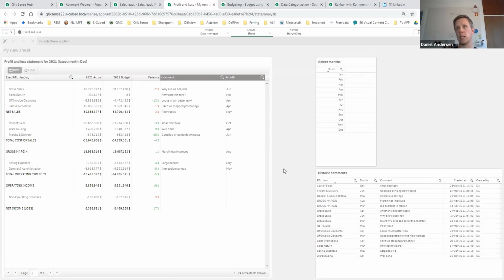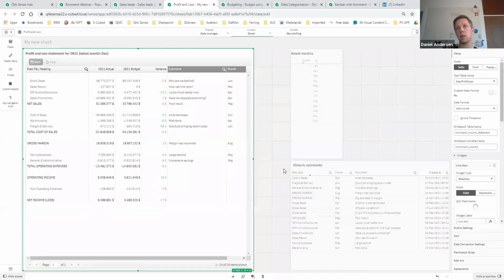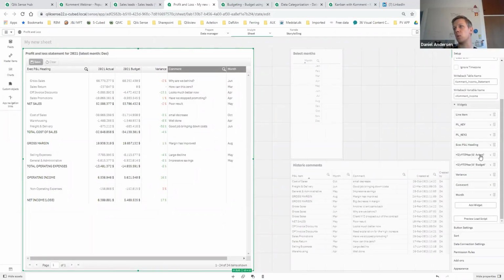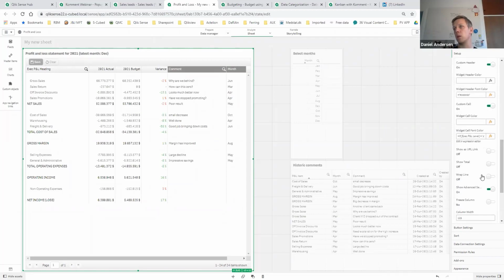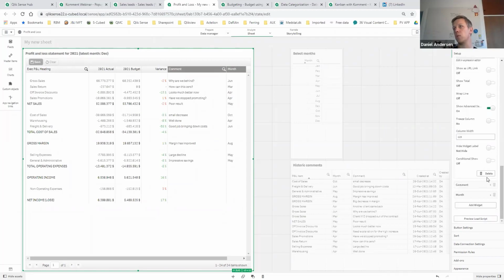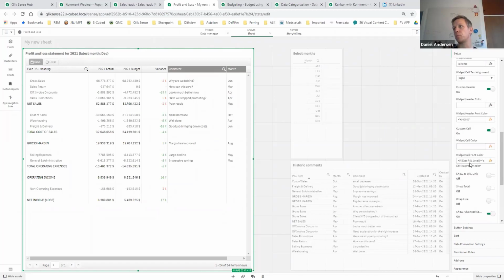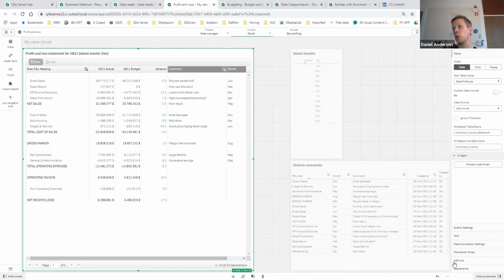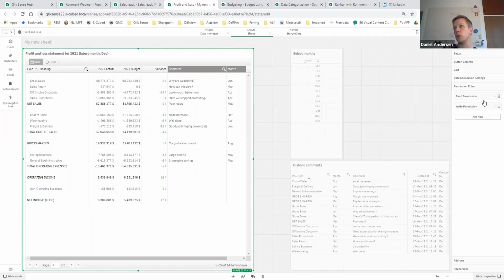Also in terms of rights, you can actually set rights to each and every object in the different elements, whether they can read and write on the comment object, on permission rules, so read, write, permission, and you have the same on each individual column that you can